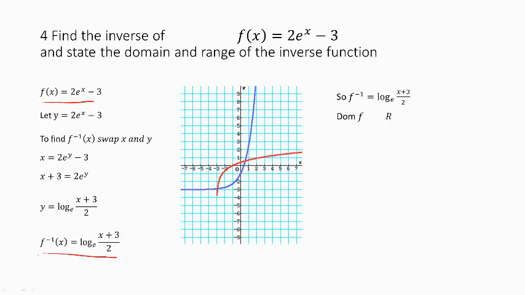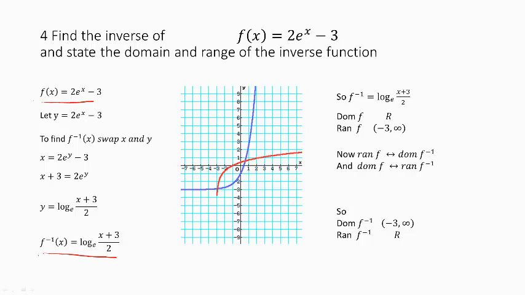For the original blue graph, the domain is all real numbers. The range is -3 to infinity. The range and the domain swap. So for the inverse,